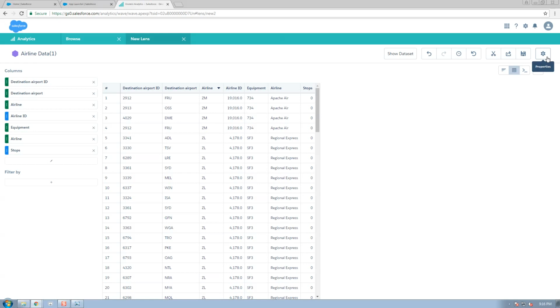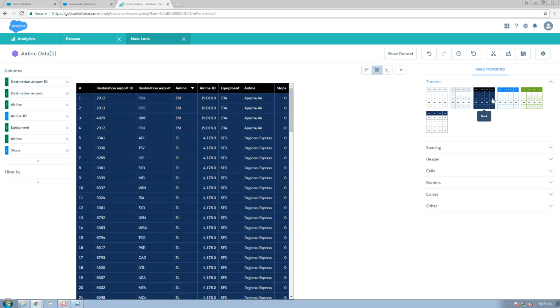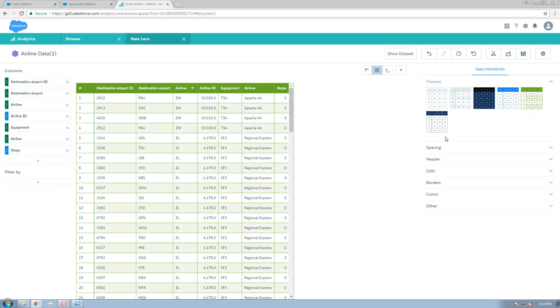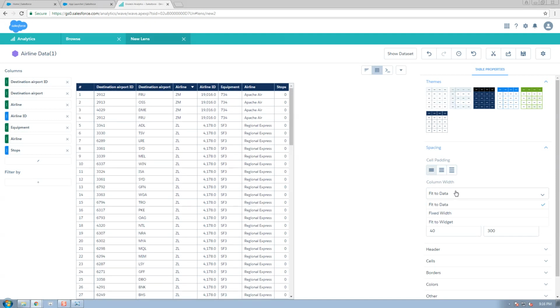But the next really cool thing, you're going to get a kick out of this. Themes. And we are not left to only those choices. We have a lot of really good options here. We can change the cell padding, keep it tight, spread it out, whatever we want. Fixed width, I believe we've had this function already, but